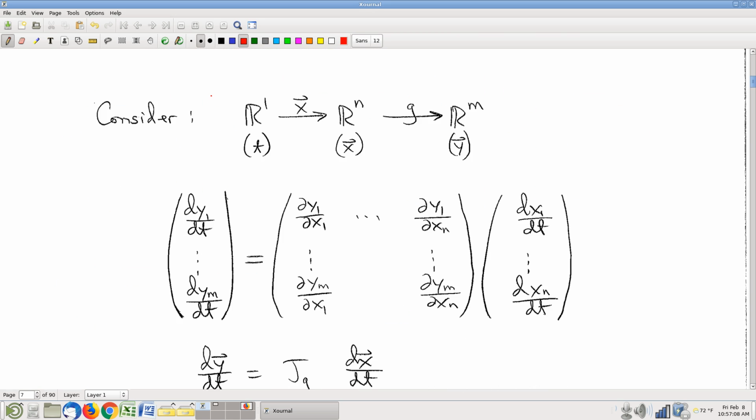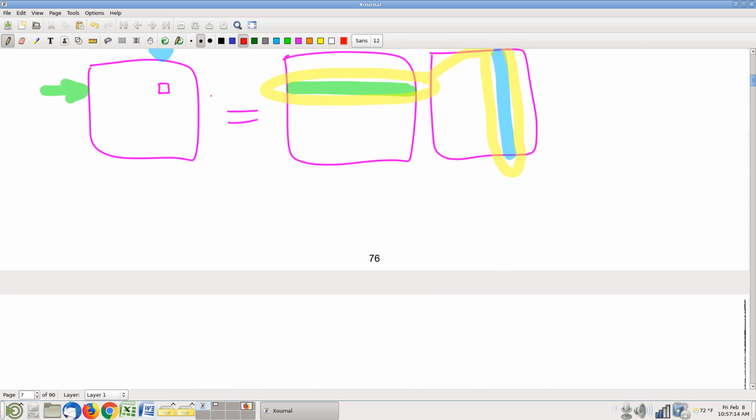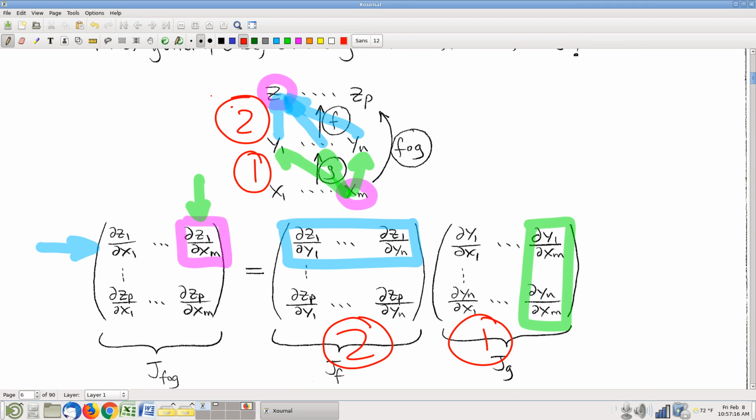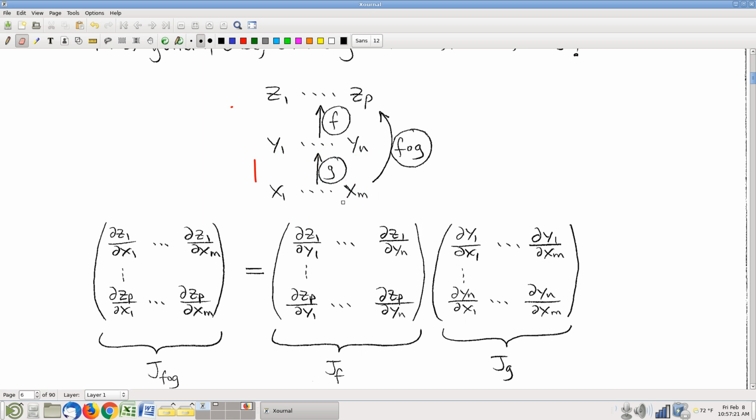Okay, here's a great example. Now, we're going to start off with just a special case. Again, look at our formula here. If we've got z's are functions of y's and y's are functions of x's, then you multiply the matrices in this way. Well, suppose there was only